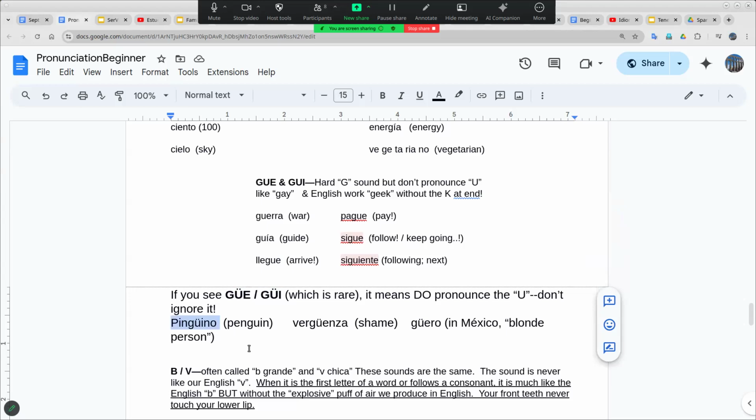Pinguino. We lied. You do pronounce the U here. Pinguino. Here's the word for shame. Vergüenza. Vergüenza is a word that you sometimes hear